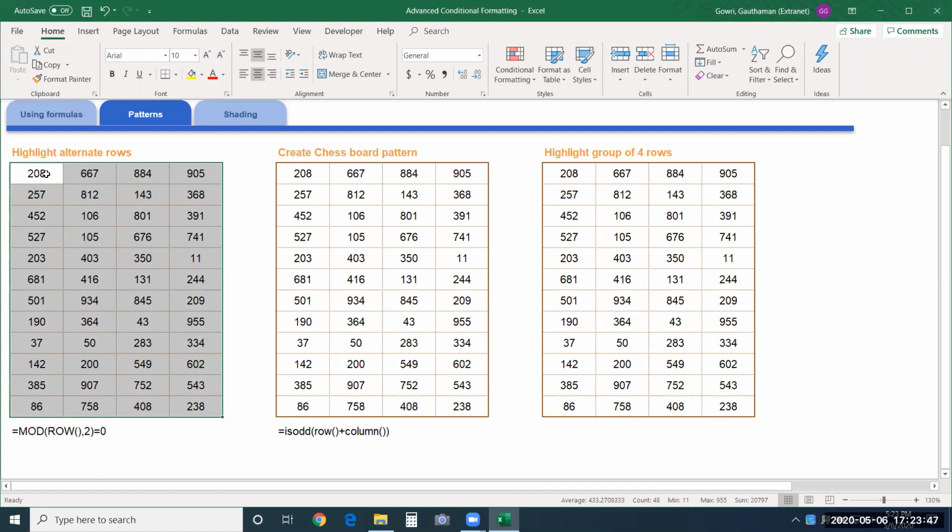We are only bothered about the row numbers of the cells that we are selecting. We are trying to divide the row number of the cells by 2 because I want two results. The MOD function will give me 0 if it is completely divisible by 2. It gives me 1 if it has a remainder.